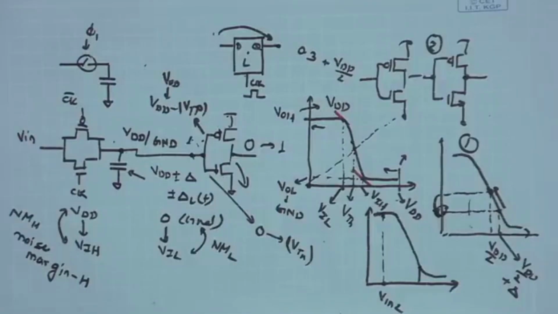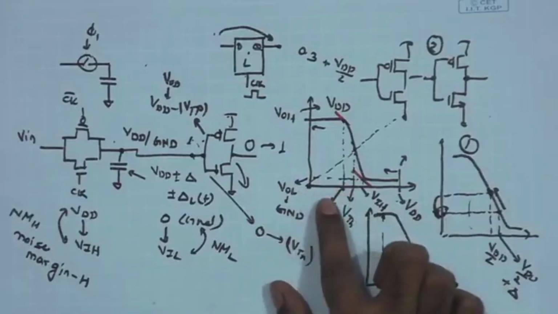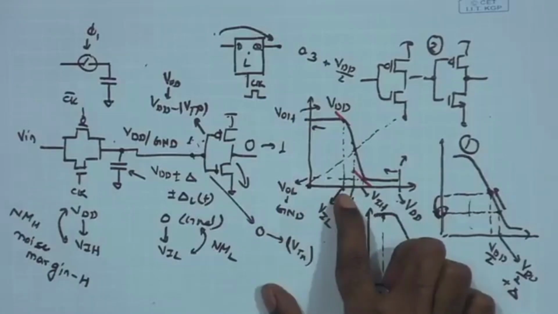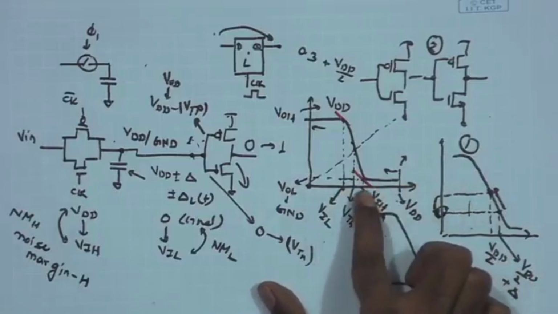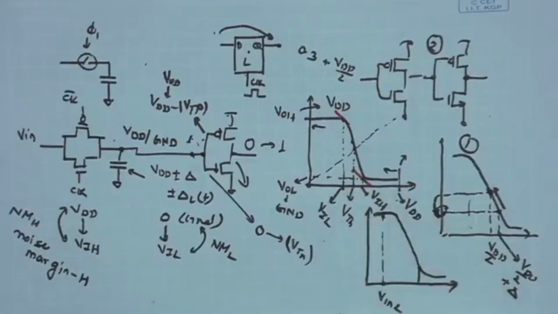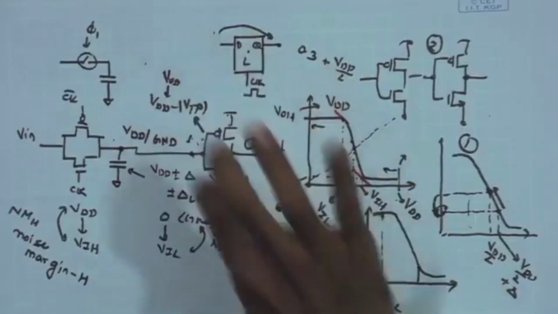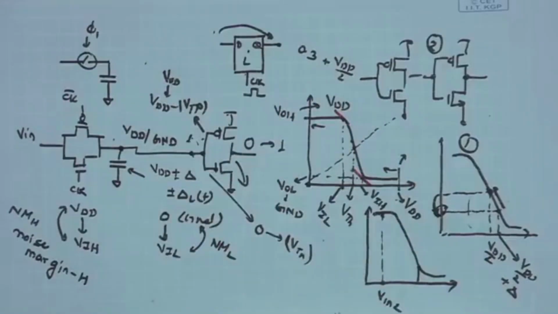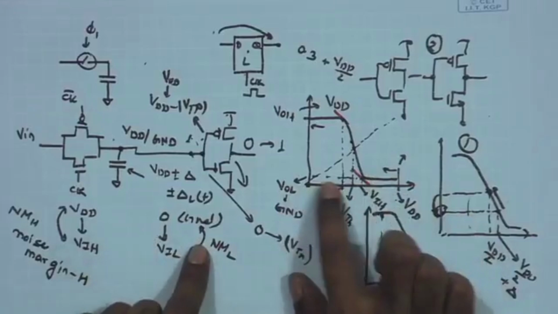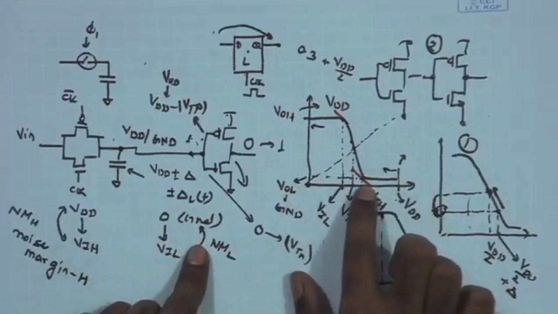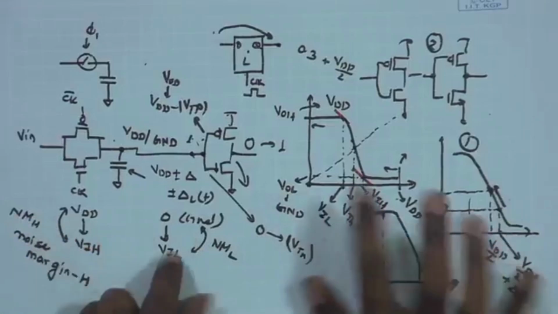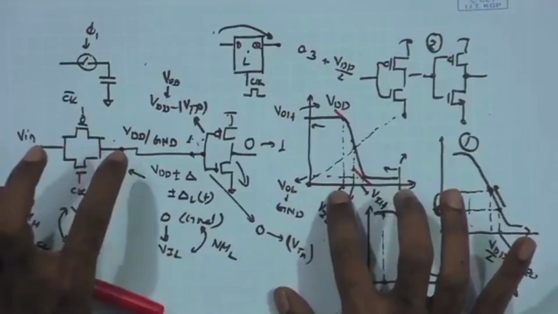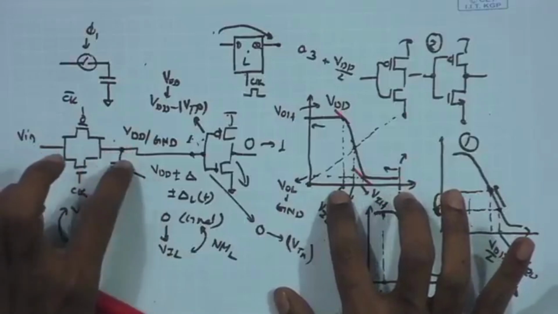So, on the upper side I have the noise margin, I can go all the way to at least VTN on the lower side, which is 0.4 volt, and just like that on the upper side VIH can go all the way to VDD minus 0.4 volt. So, if I take this definition for VIH and VIL, I have at least around VTN on this side and mod VTP margin on this side. So, I can tolerate few hundred millivolts of change in the logic level or the voltage level over here while